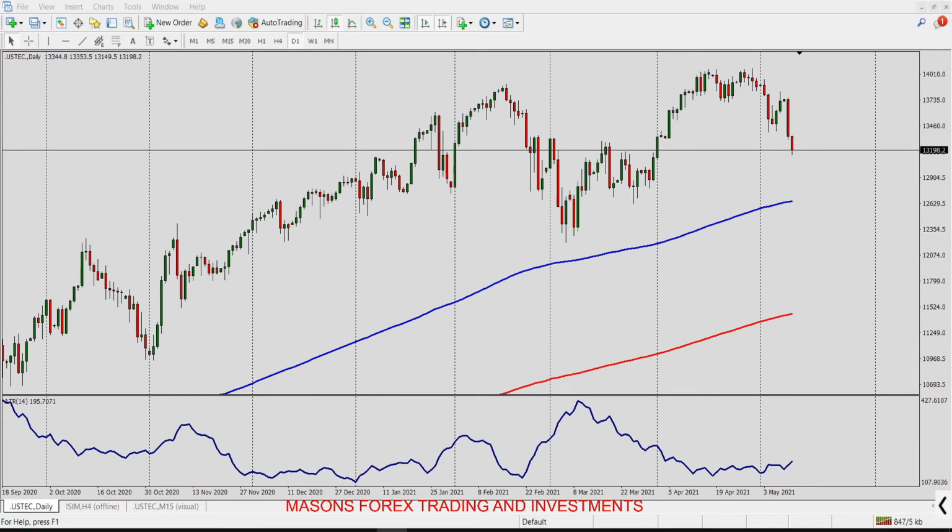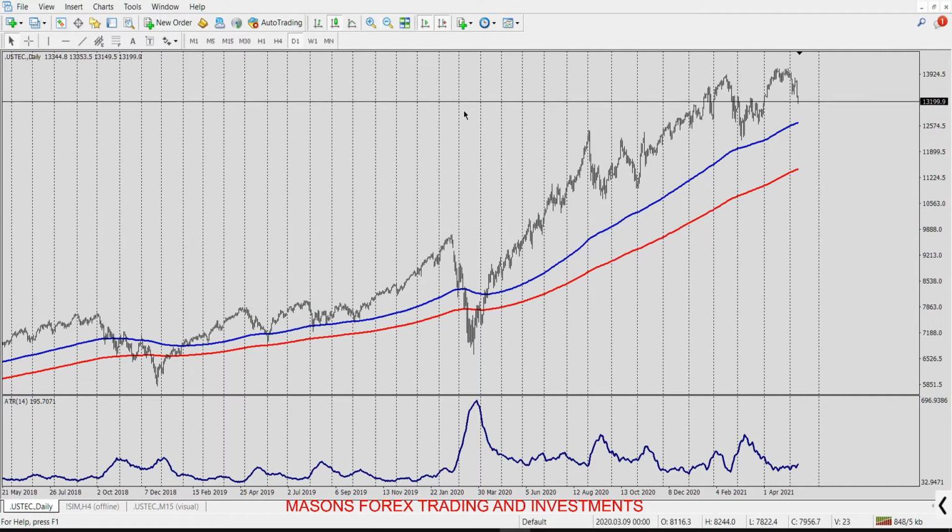Today I want to look at NASDAQ or US 100. So I have the daily chart which is shown here,